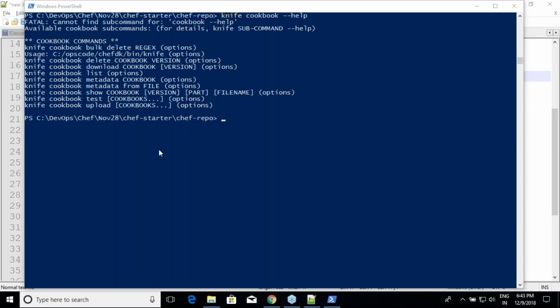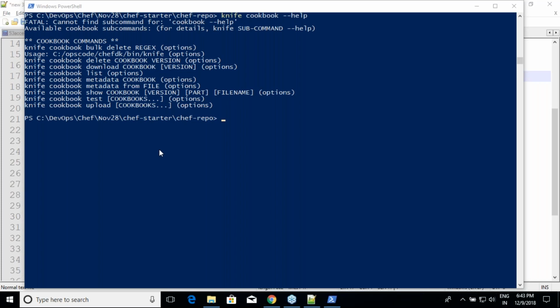How do I upload if the cookbook is frozen? What do you mean by frozen? Version. Change the version number. That is 10. You have watched the 10 Commandments movie by any chance? The Oscar winning movie. There are 10 rules which you have to obviously follow. Even in Chef, we have some rules. Whenever you make any changes, definitely change the version number. Is there any workaround? Yes, there is a workaround.